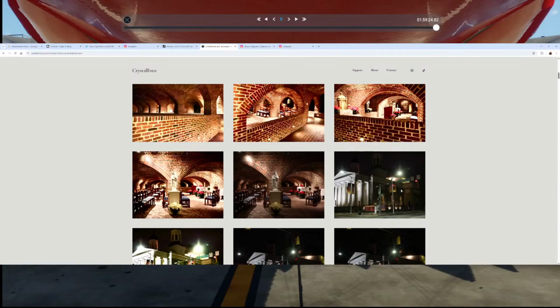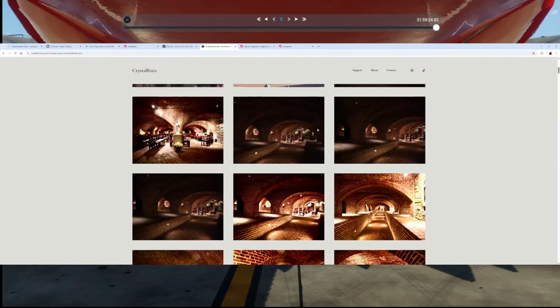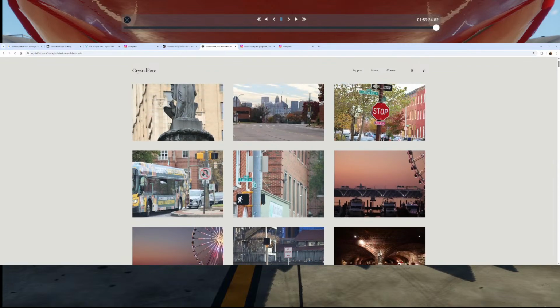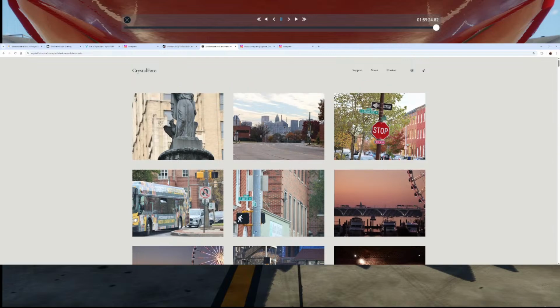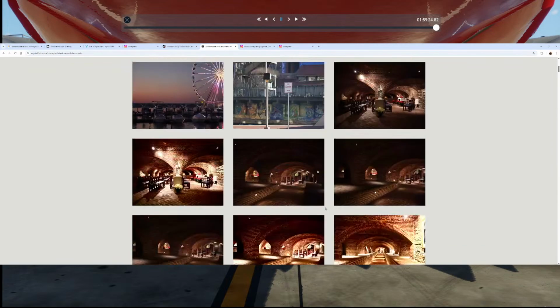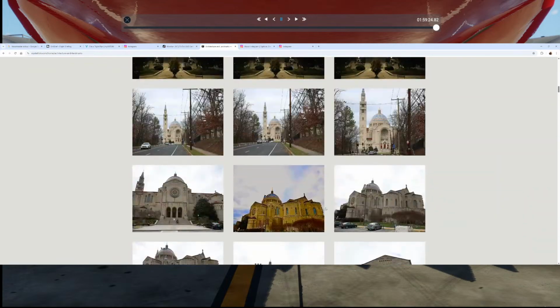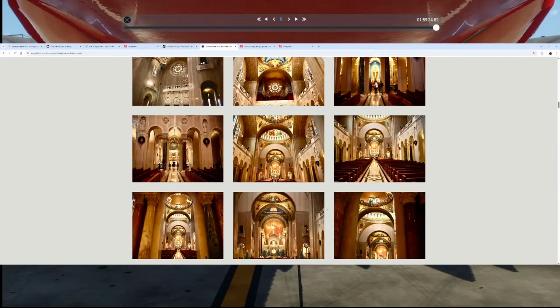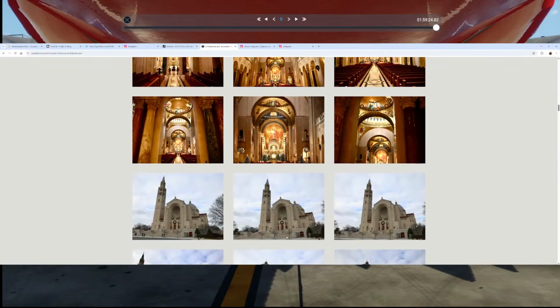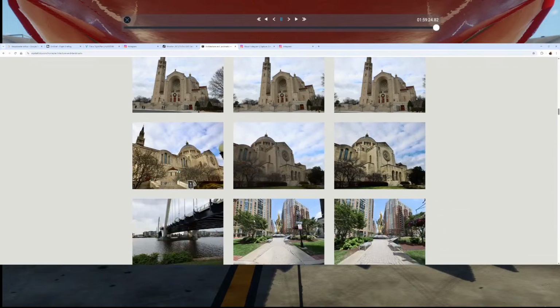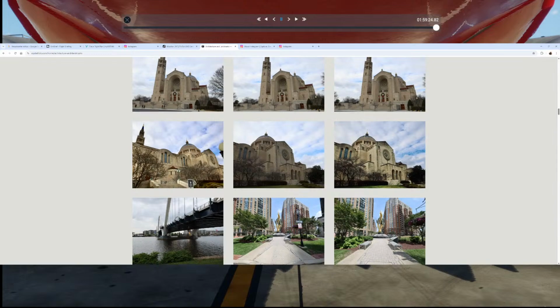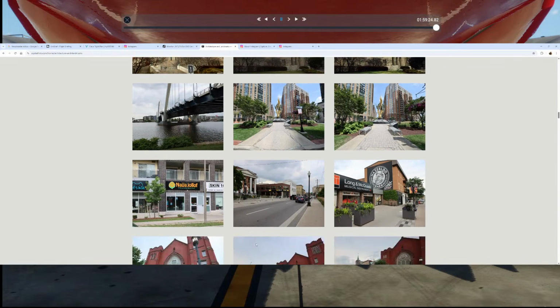This is underground, underneath the cathedral. This is Baltimore. This is inside the Shrine of the Immaculate Conception. This is D.C. This is Baltimore. Oh yeah, this is Canada.